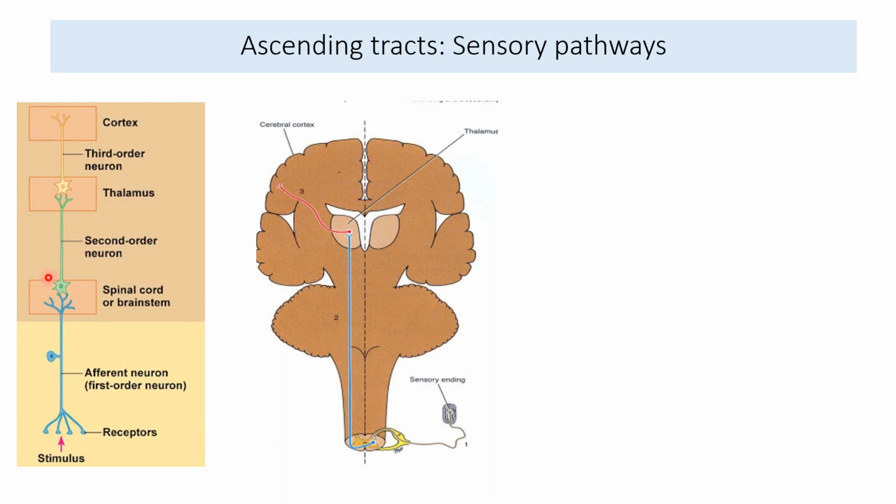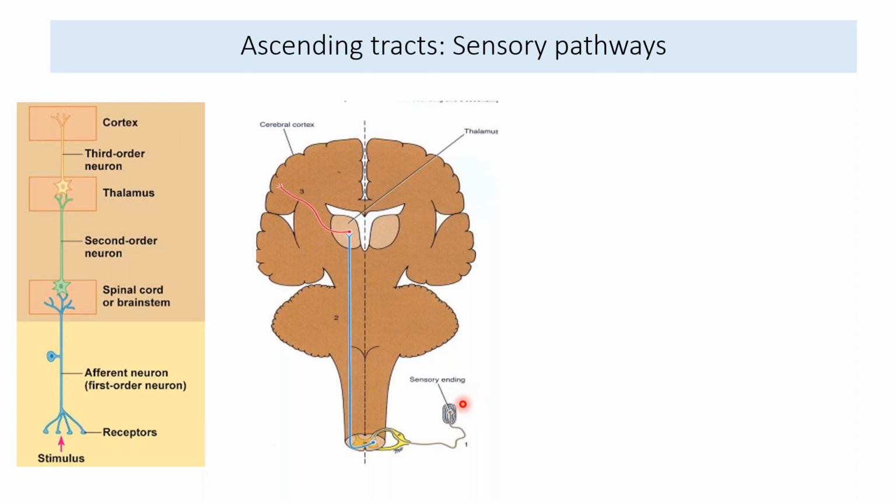So now let us see the three orders of neurons that we have just discussed. This was the sensory ending, which was at the receptor. Over here is the peripheral process of the first order neuron, and you can see the dorsal root ganglion over here is the first order neuron and its central process, and this blue dot over here should be the second order neuron, right? And the second order neuron's axon crosses to the opposite side. So most of the sensory tracts relay to the contralateral, opposite side of the cerebral cortex.